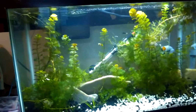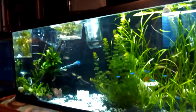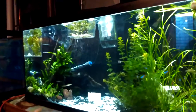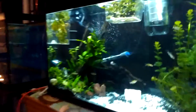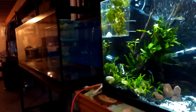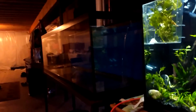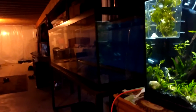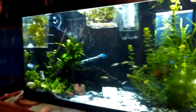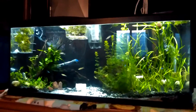I quickly upgraded to my 55-gallon because I just fell in love with the hobby. And then I found a free 120 on Craigslist. It's over there. It was free with a stand, so I picked it up as soon as I found it. It's got scratches on a little part of the corner, and that's why it was free. So I lucked out, and it holds water. I already checked. But this is my 55-gallon aquarium, and in it it's got